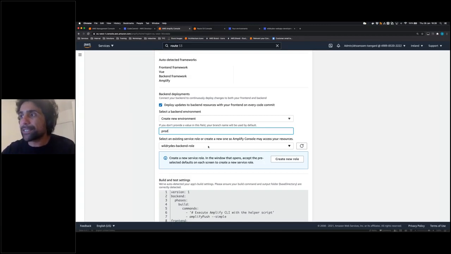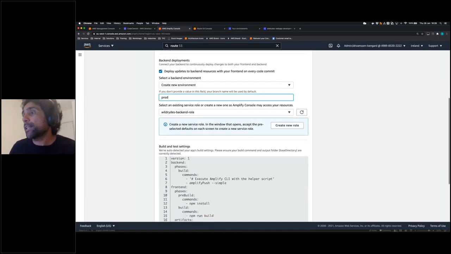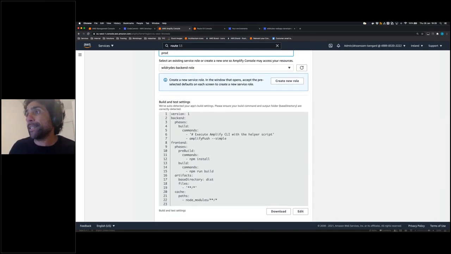So permission is given as an IAM role, and think of an IAM role as an identity. This identity has a set of permissions that are allowed to do something. And this identity, in this case, could be attached to a user, or it could be attached to a service. In this case, it's attached to a service and it's Amplify. Amplify was also able to detect the build spec that I was mentioning earlier. So it will follow these steps to build the environment